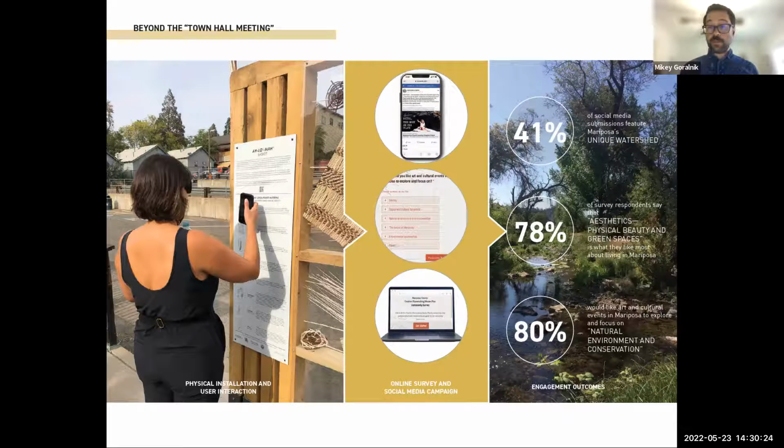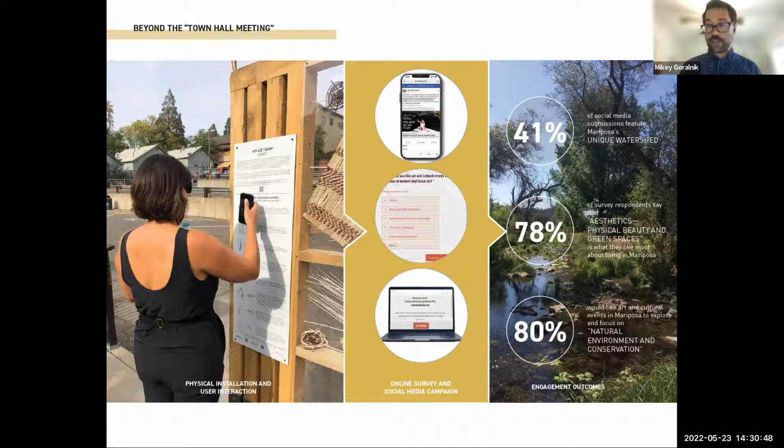So the types of input that we got weren't that surprising, but it was definitely very definitive that people weren't really enthusiastic, or at least passionate, about talking about Yosemite National Park, and they certainly weren't passionate about talking about the gold rush. Those just aren't necessarily things that Mariposans feel constitute our place. However,